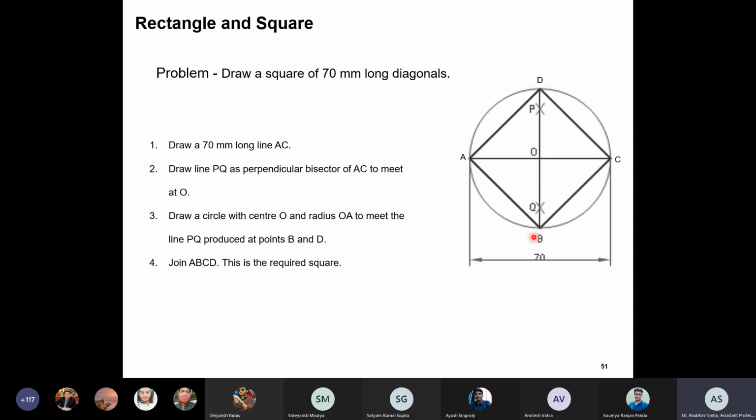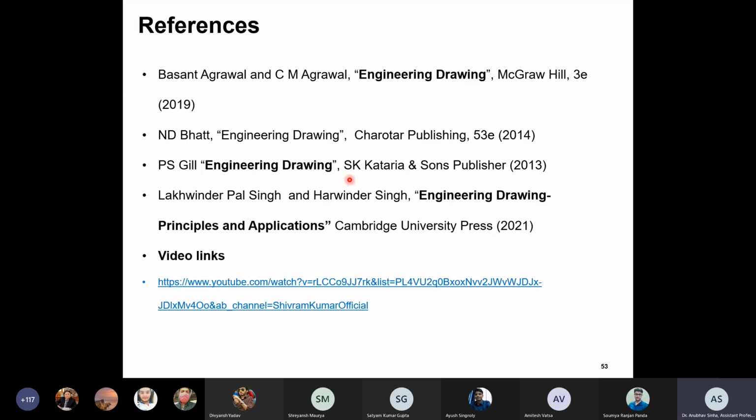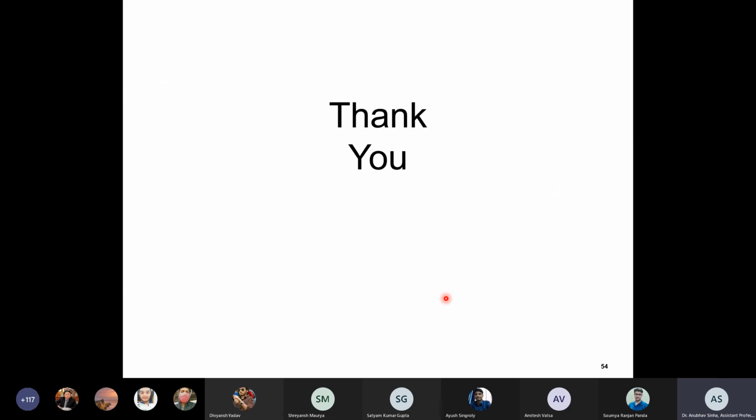Fine. So I have quickly gone through them. If anyone has any doubt, you can write a mail to me and we can discuss again in the next class. So far we have covered some basic aspects of geometrical construction. These are some of the recommended books which we are following, and I will also share some YouTube links. There are more videos which will give you more detail about how to construct, supplementary to our classroom discussion. Okay. With that, I will stop now.